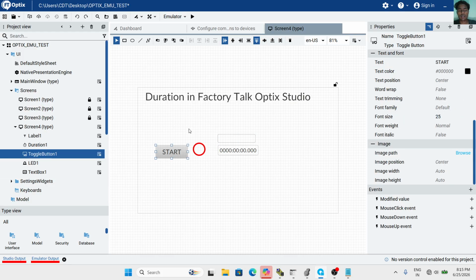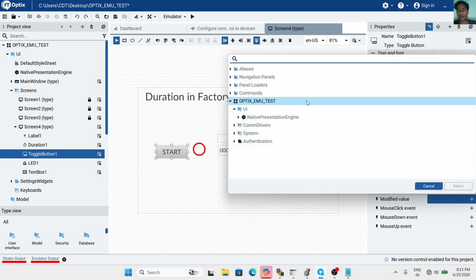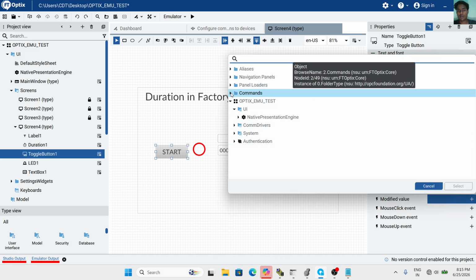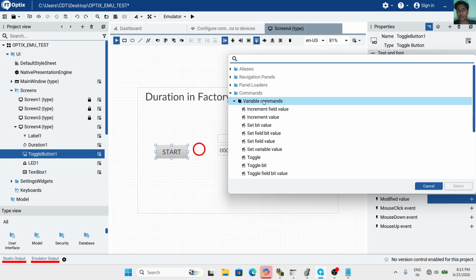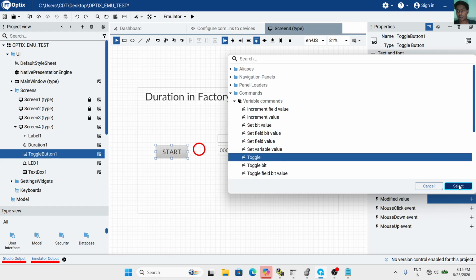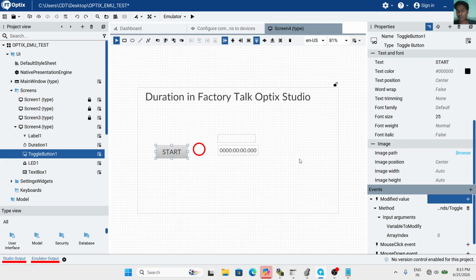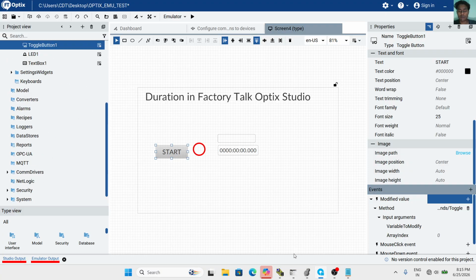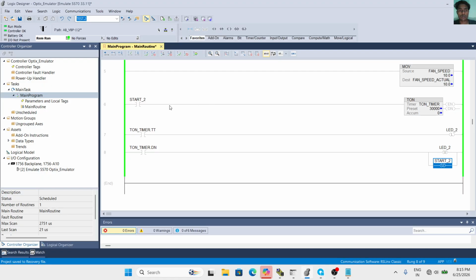This is a toggle button, and I click on modify value, and go to the command variable, command toggle. I choose toggle and drag the tag here, whichever tag name is start.